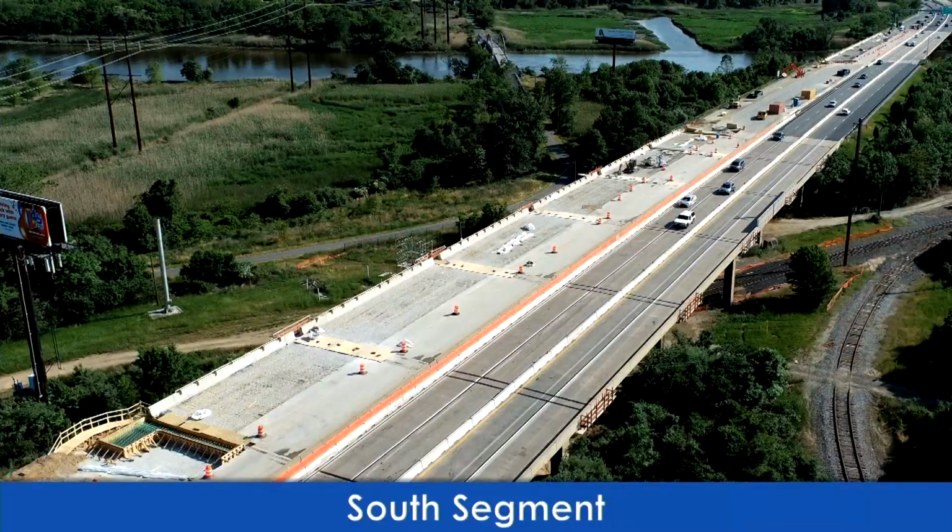So here are some actual photos of what that looks like. So here's the south segment. You have the vehicles on the southbound pavement. And you can see in this photo,